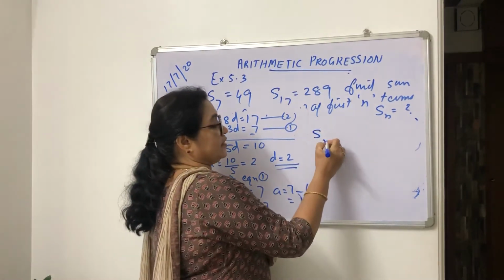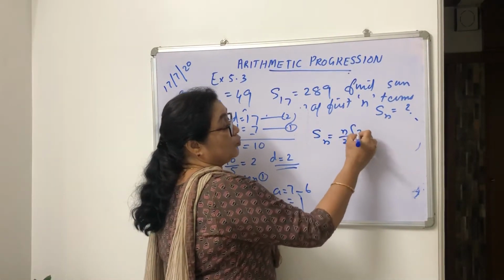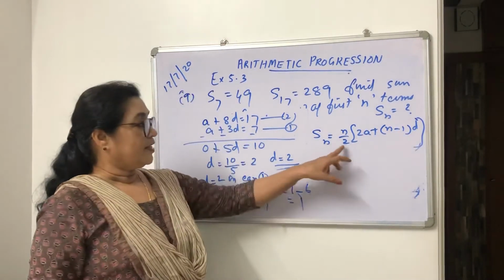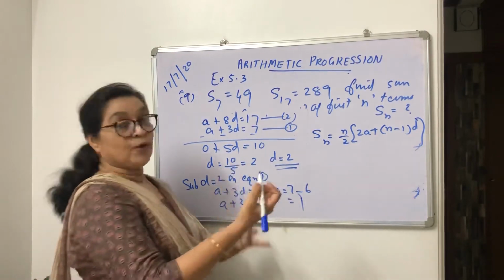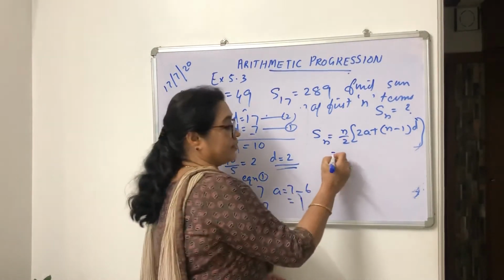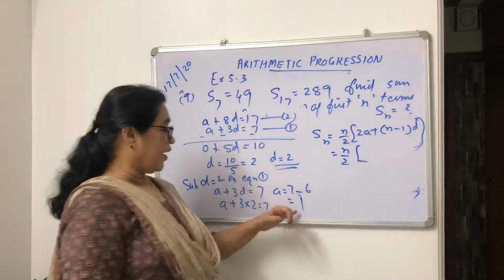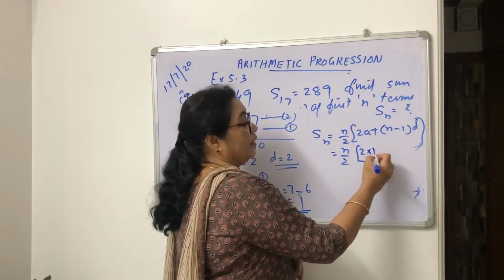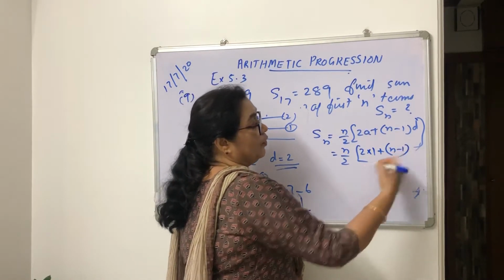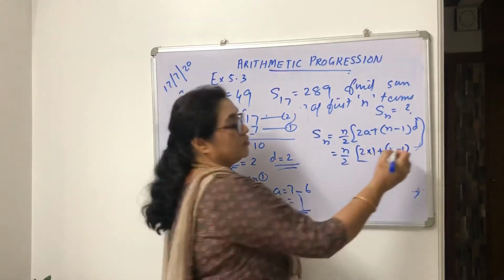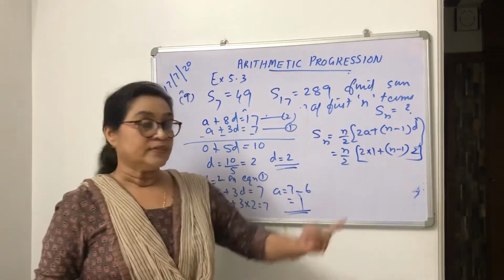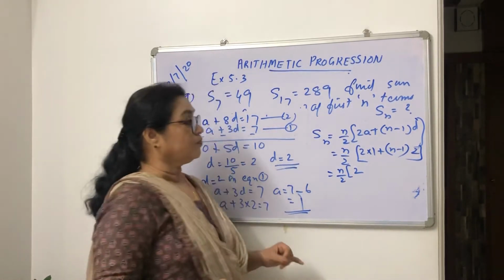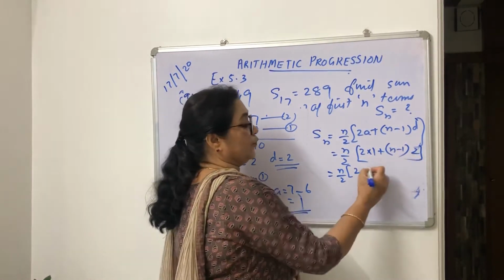Write the formula Sn equal to n by 2 into 2a plus n minus 1 into d. N by 2: you don't know the value of n, so you write n as n by 2. 2a, a is 1, so 2 into 1 plus n minus 1, where n you don't know, and d is 2. So I substitute d, then open this bracket: n by 2, this is 2 plus n into 2 is 2n